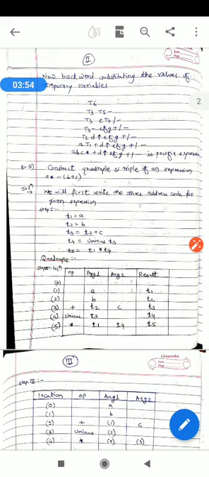Quadruples have 4 parameters, and the standard syntax is operator followed by argument 1 followed by argument 2 followed by result. So here we will be using 4 columns. The first column indicates the operator, the second column argument 1, the third argument 2, and the last one the result. The first expression is t1 = a. So for argument 1, we are passing only one parameter, a, and we will store the result in the t1 variable. In the second expression, t2 = b, so argument 1 should be b and the result should be t2. Then third, t3 = t2 + c.